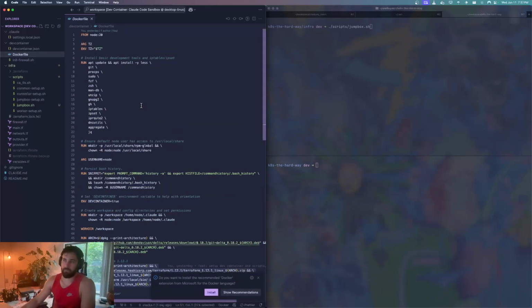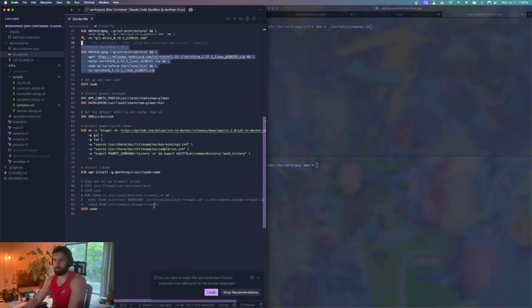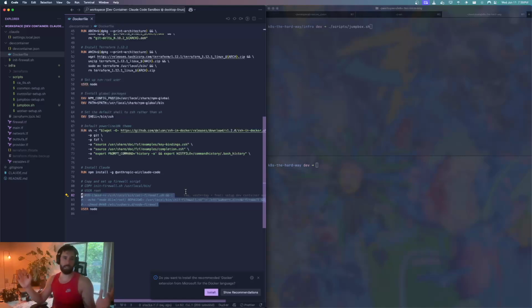So there's a Dockerfile and a dev container file. So you can run a dev container in VS Code. I've made some customizations to this to include Terraform and modify the firewall that they have so that you can prevent the agent from accessing any API endpoints other than the Claude API. So you can really lock it down and feel free to experiment with it. If you want to go that way,